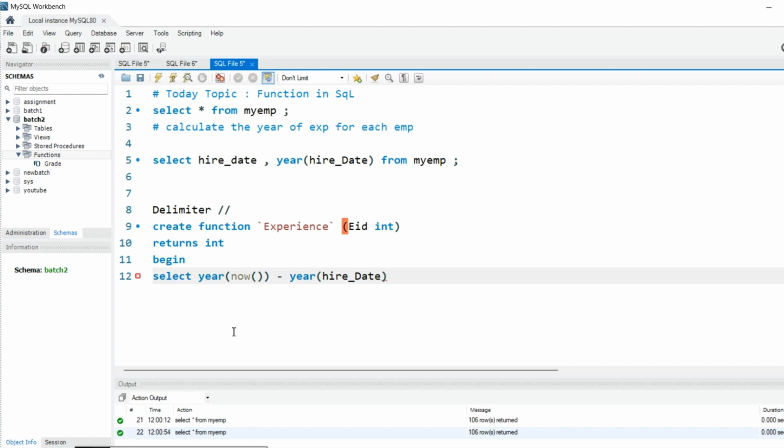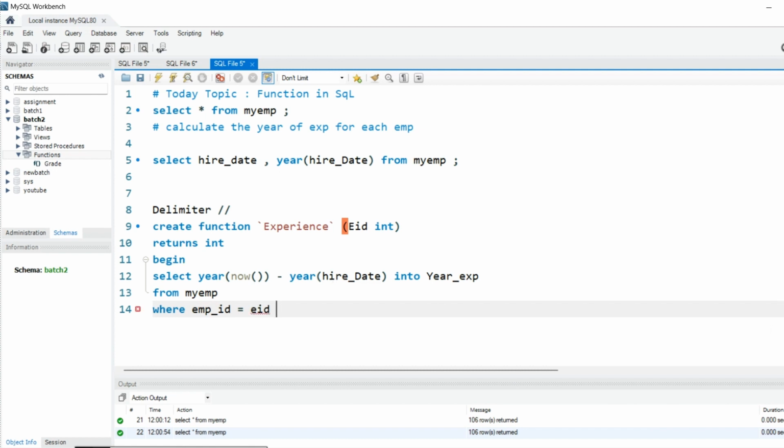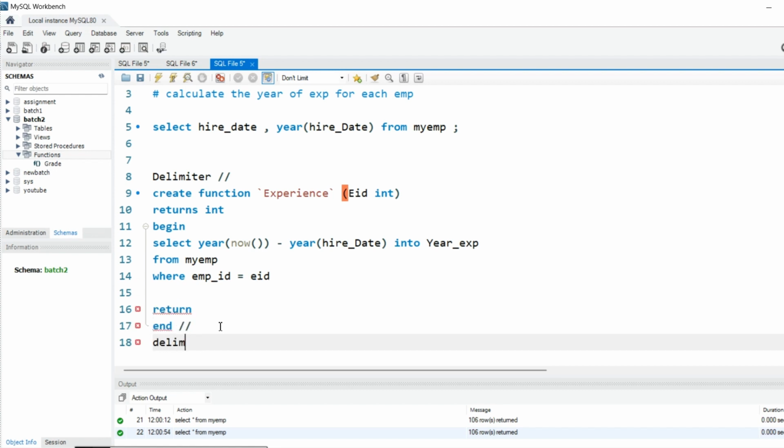That's how we calculate our experience into year of experience. You can call it year of experience. All right, from where? From my EMP, where EMP ID is equal to what it will be. We have set our parameter, this EID, right? So that's how we will write here. Okay, then what we will do, we will return and delimiter.